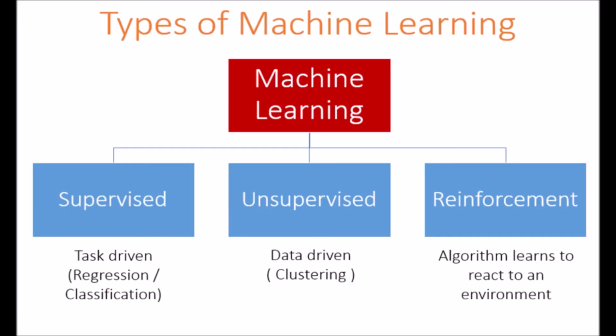Now coming to the second type of machine learning technique, that is unsupervised learning. In unsupervised learning, we provide the machine learning algorithm with unlabeled data. The data that we provide to a machine learning algorithm will not be an input-output map. It will contain only input that will specify the different attributes of the data. Let us understand this with an example.